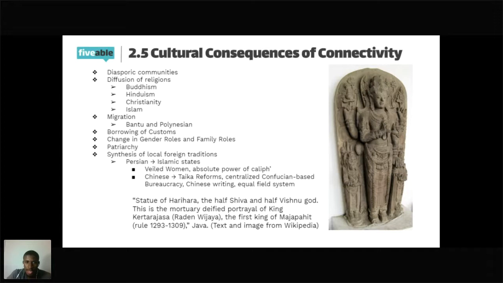I'm just going to explain the image. Half of it is Shiva and half of it is Vishnu. Obviously, this is from Indian culture, and it's Jainism. That's one of those syntheses I would suggest. So next we're going to have